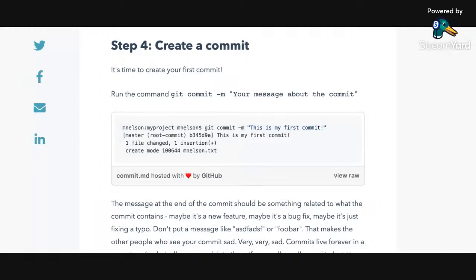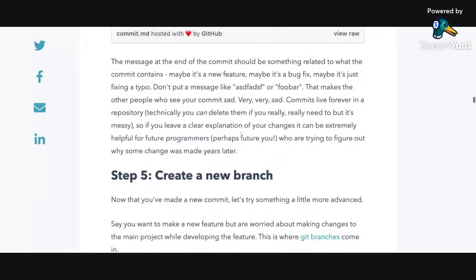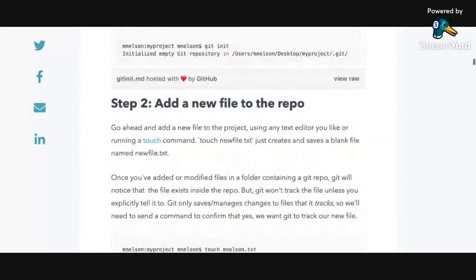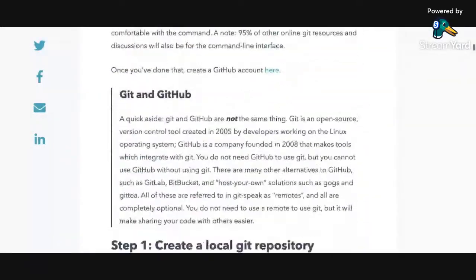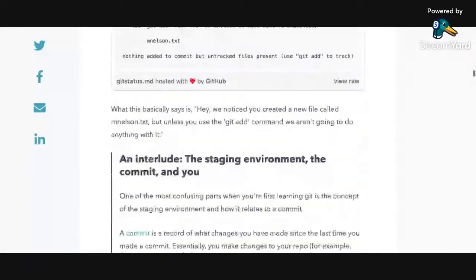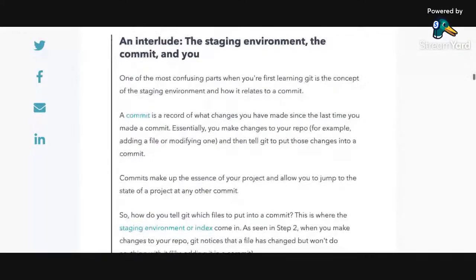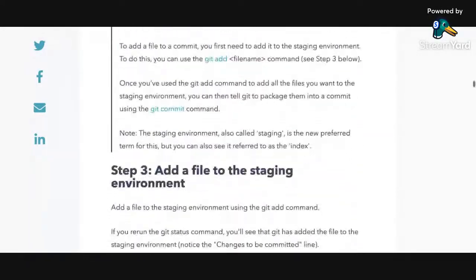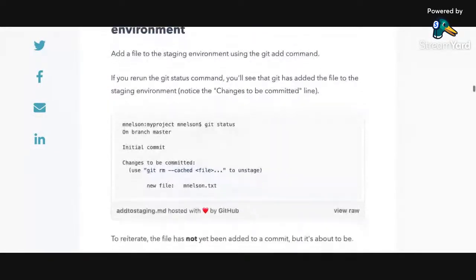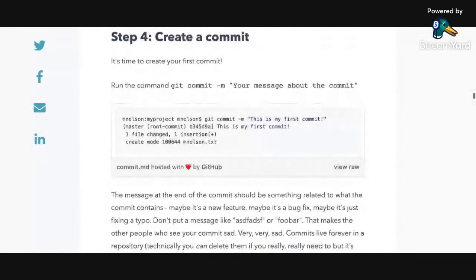But in a case where you want to add all the files to the staging area, and you feel like all your files are ready for commit, you could do that using the git add -a command. Most of what we'll be doing would basically be oral, but by next week we'll be looking at the practical aspect of these commands we are talking about. So use the git add -a command to add all your files to the staging area. And once you do that, Git knows that when I'm committing, I'm going to commit all the files added to the staging area.